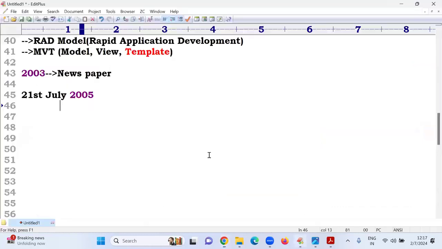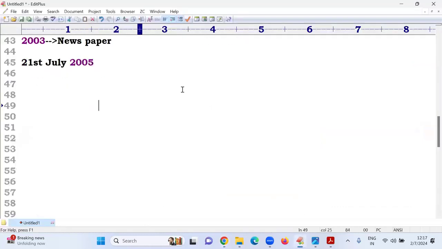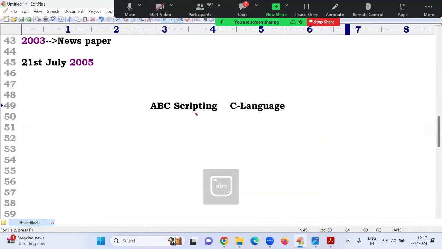What is the origin of Python? ABC scripting language along with the C language. When these two were combined, one language was introduced. Once he introduced the language, what name did he give?